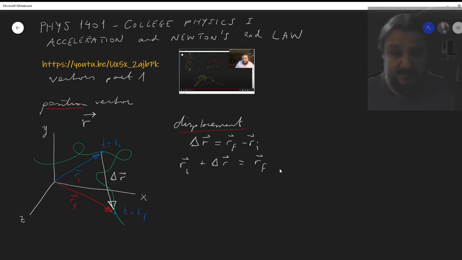Well, delta R can be used to define the average velocity, delta r over delta t would be the average velocity. But what happens when delta t goes to a very tiny increment in time? We call it the limit, right? Limit when delta t goes to 0. Well, that gives you the instantaneous velocity of the object. Okay? So in that video I talked about this also, and then